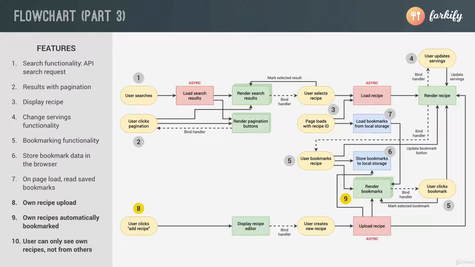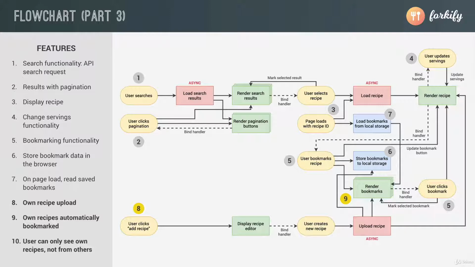recipes. So whenever the user clicks the Add Recipe button that's in the menu bar, all we want to do is to display a recipe editor. So that's like a modal window which will pop up and which contains a form. Then on that form, we will have to bind an event handler so that when the user submits that form,